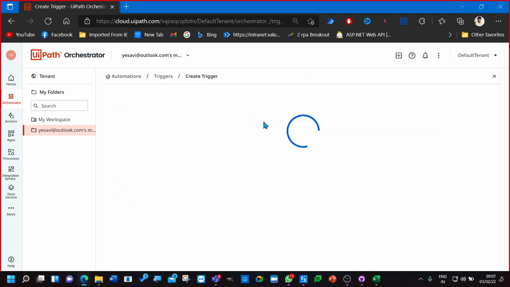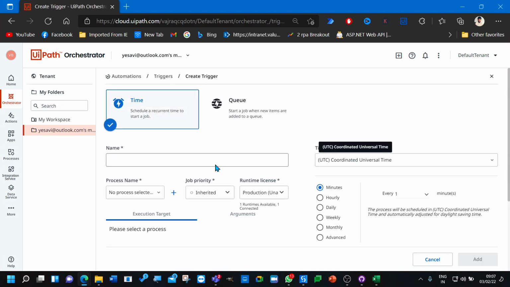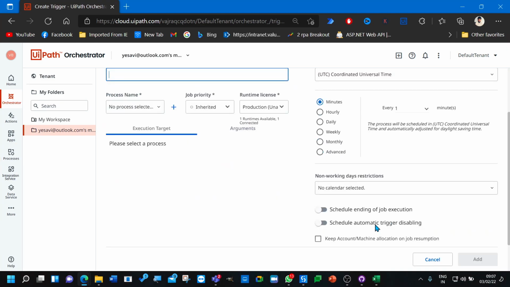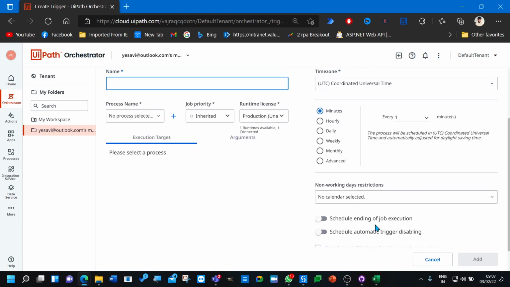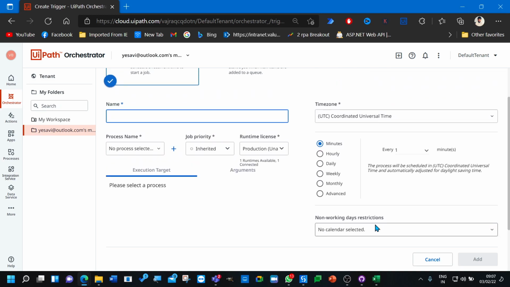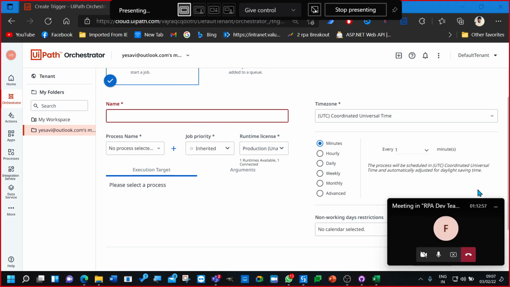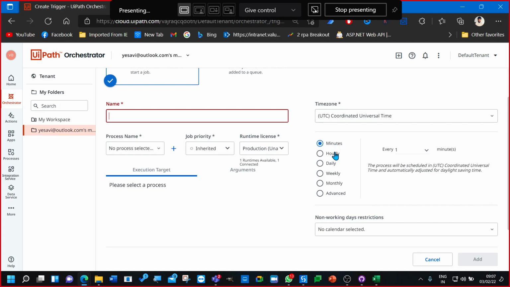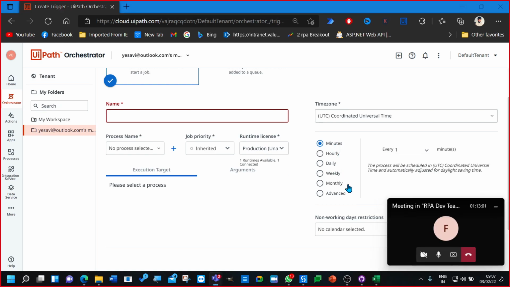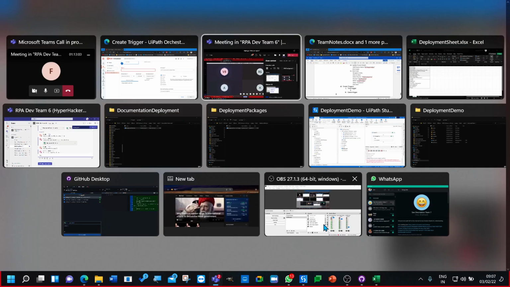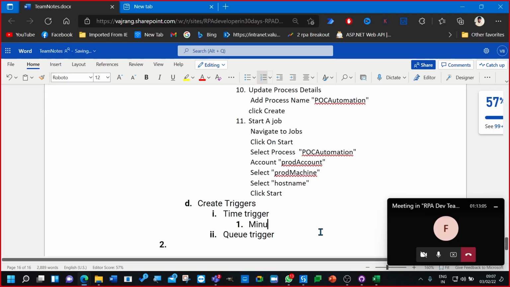Okay, add a new trigger, and here we can see the time zone, and we can select the item. Did you share the screen? Yes. Just a second, please. Let me explain. Close it, and then you can share. Okay. So here, there can be multiple things: minutes, hours, daily, weekly, monthly, advanced. Okay. So let's add those: minutes. Okay. Hours,